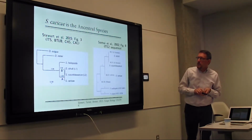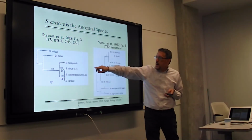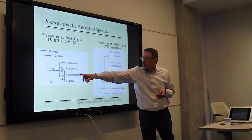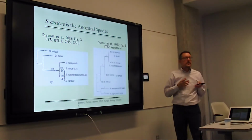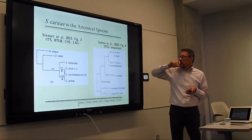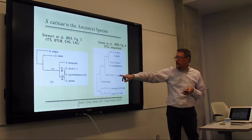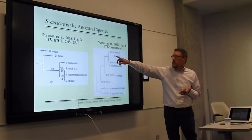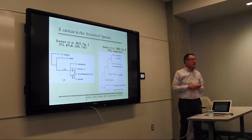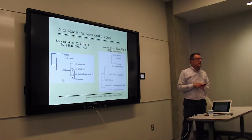So this is sort of a graphic of that. Here you see Stagonosporopsis caricae as the ancestral species and Citrulli and Cucurbitacearum as sister species that evolved from that. And you can see the same pattern if you just look at the ITS sequences, where my student found that for Stagonosporopsis caricae, there's only one base pair change in the ITS sequence. That's why in many cases for Ascomycetes we need to go to multi-locus sequencing. ITS is not specific